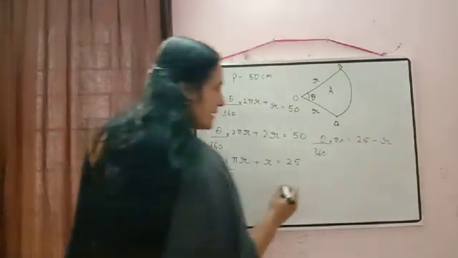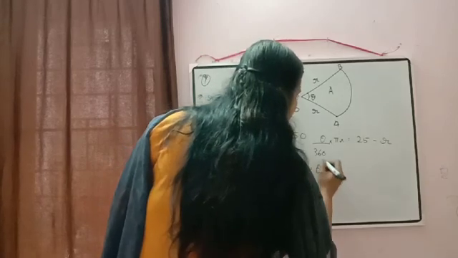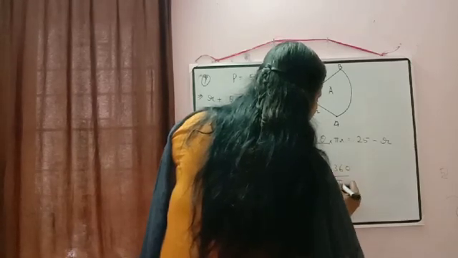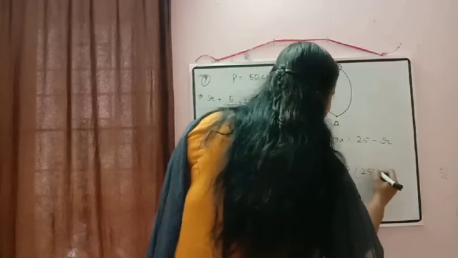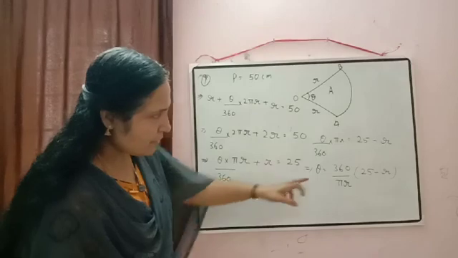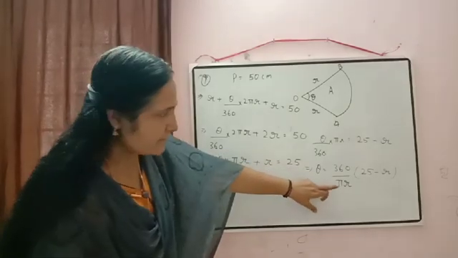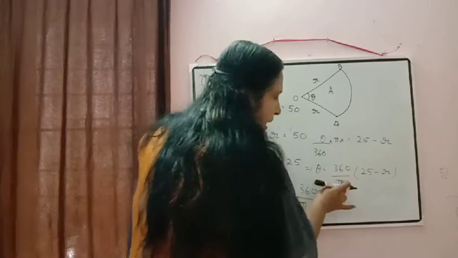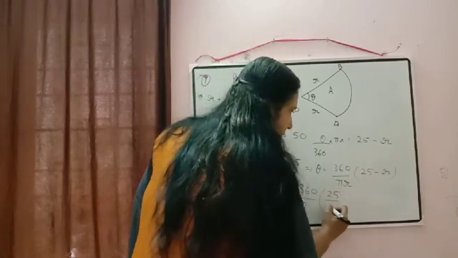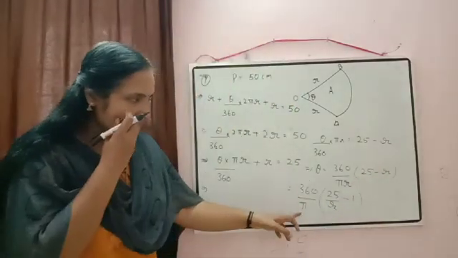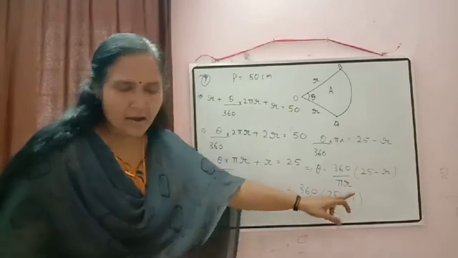We have to prove theta is equal to. So except theta, the rest all I am shifting to right hand side. So 360 will go to numerator, pi r will come in denominator, into 25 minus r. Now you have to rearrange as we need in the proof. In the proof we need 360 by pi outside. So this r we have to divide inside, because it is in denominator. So 360 by pi written, r will come in here in this way, 25 by r minus r by r will be equal to 1. So we got here 360 by pi into 25 by r minus 1.